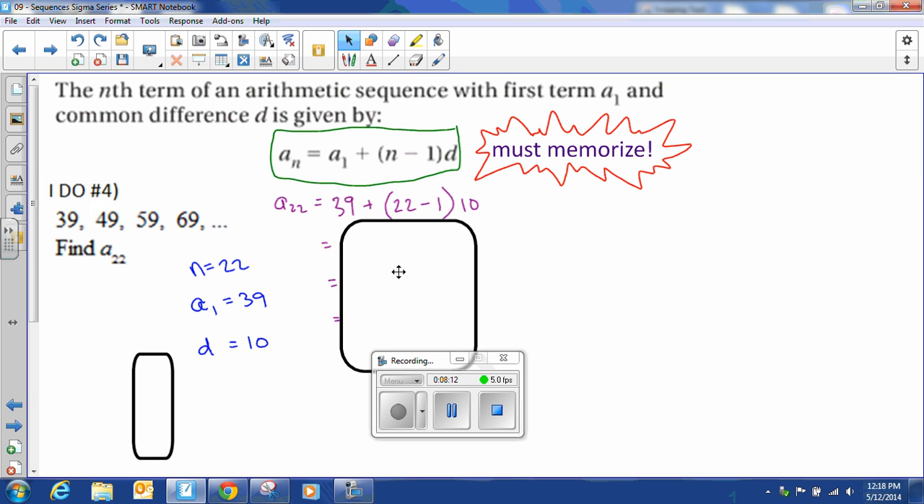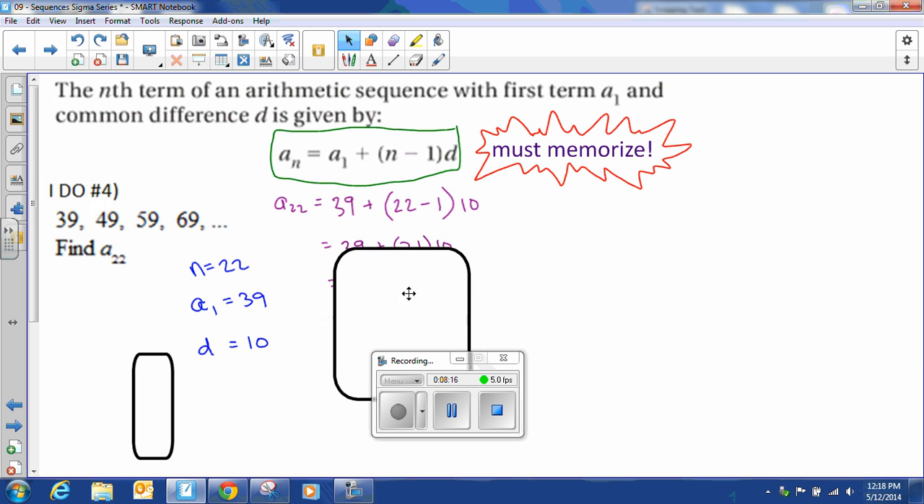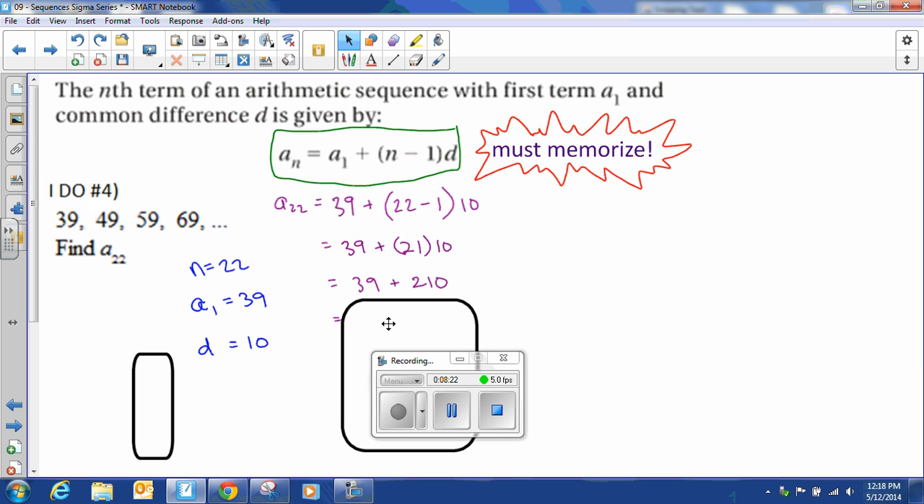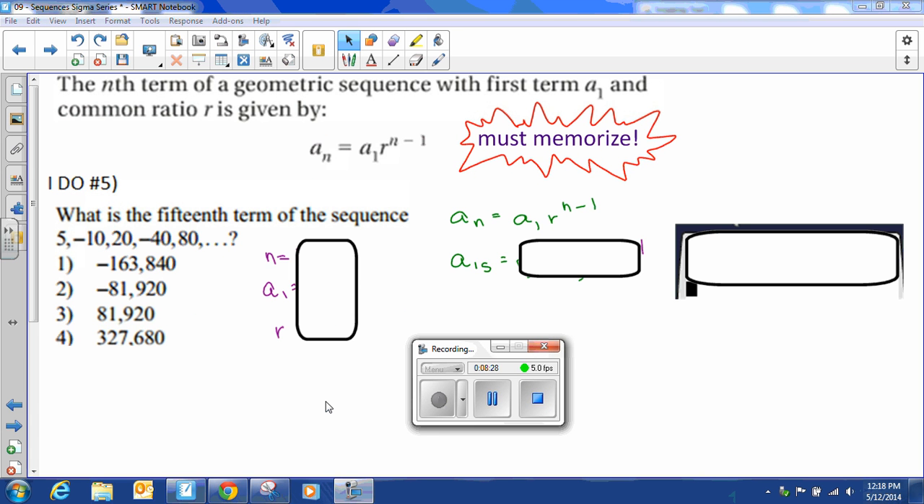So let's go ahead and plug into this formula 39, 22, and 10, and it's just simple order of operations. As you can see, the 22nd term is 249. And finally, geometric sequences have a